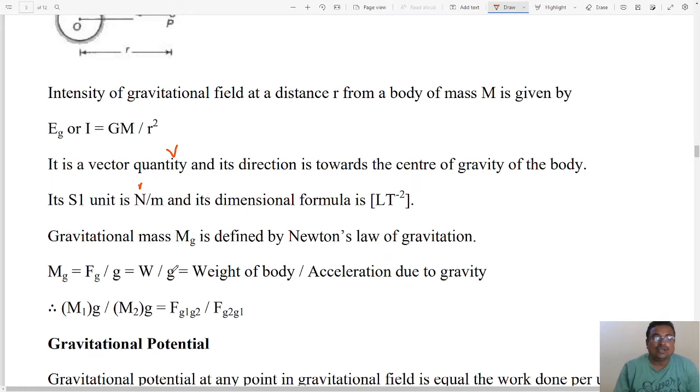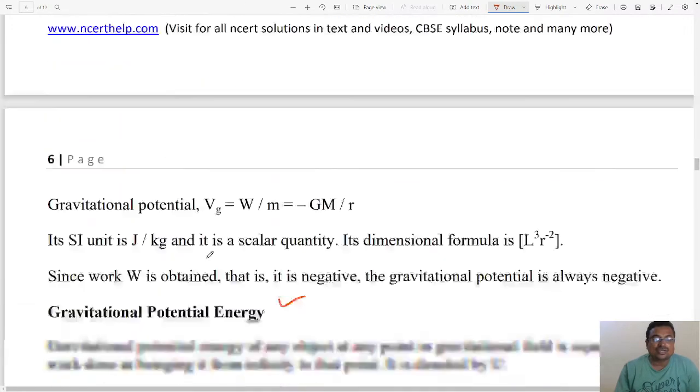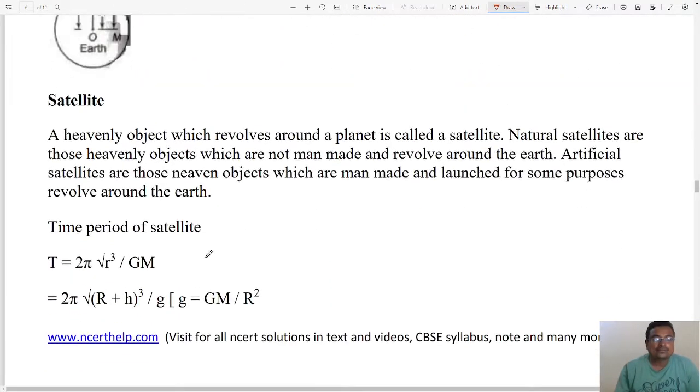So the formula of weight is Newton's gravitational mass, which is equal to weight divided by acceleration due to gravity. Now